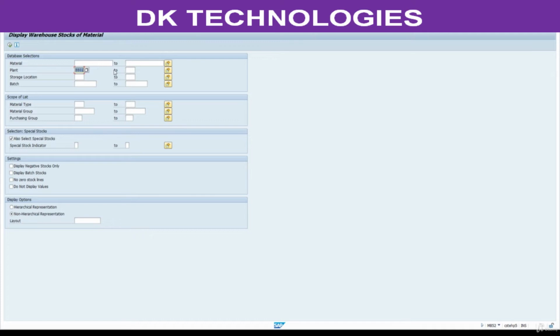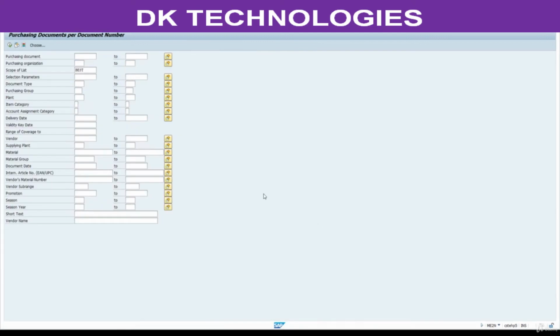Even if you quit the system, even if you log off the system, it will be there until you remove this from the settings. Now go to another T code, this T code ME2N, refresh this. See, right now plant is blank, press enter. See here 8801 plant.